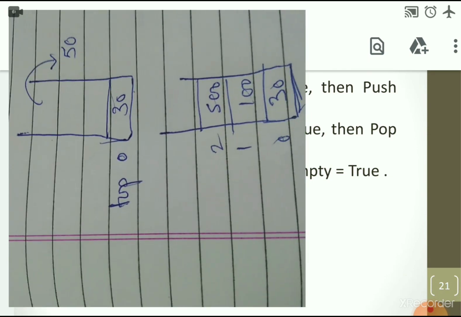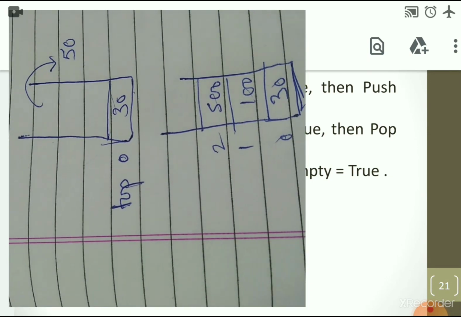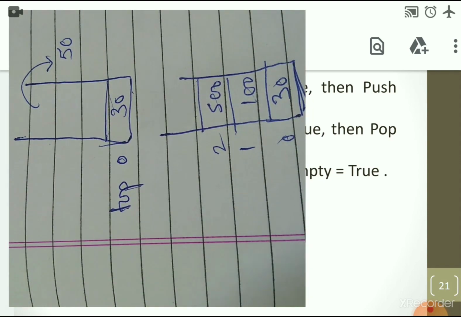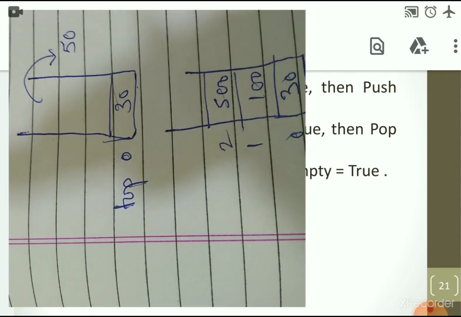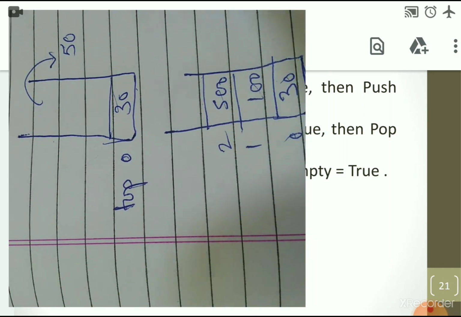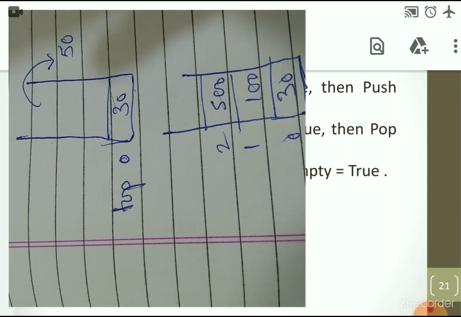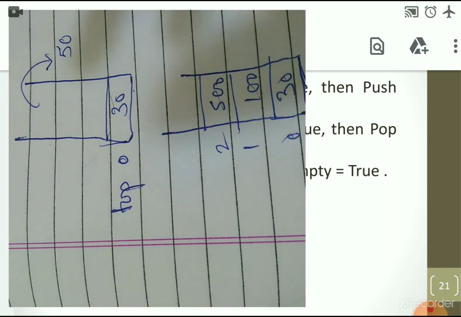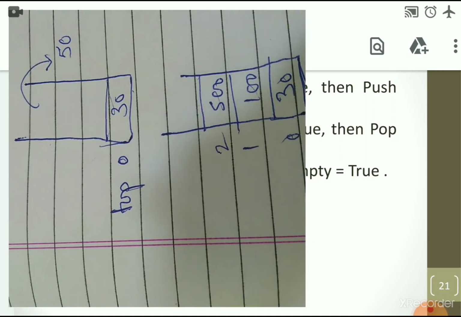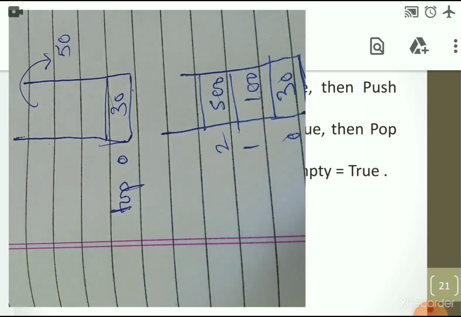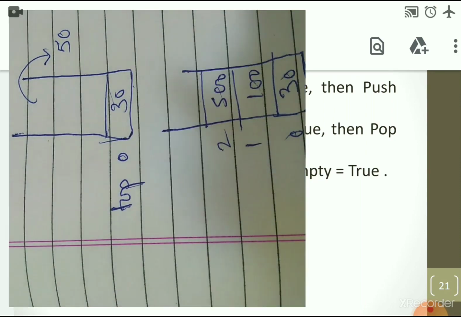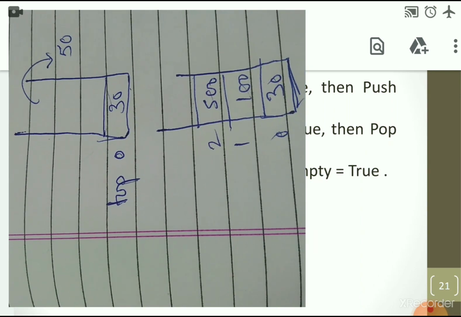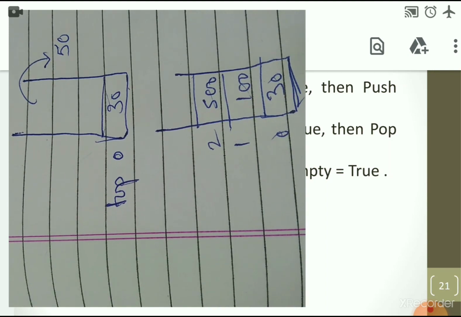So such questions come in exams, where they just give one situation. Sometimes they can say that already there are 3 elements, 100, 200, 300 inserted. Okay, what is the top of the stack, or at what position is the top, what is the value of top? Or some operations are listed, and they ask you to write down the particular condition of the array after all these operations. So a number of questions can be asked using the stack operations, push and pop.